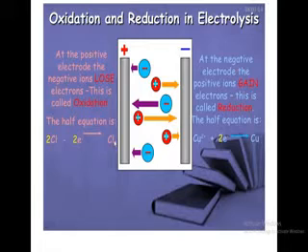And if you are writing the electron on the right hand side of the arrow as a product, then you will write it with the plus sign, like the addition sign, because you are showing the electron being formed as a product, along with the neutral atom, whatever the ion gets discharged to, that is the product and the production of electrons. Here in this equation, we have shown it on the left hand side. That's why we are using the minus sign here, this negative sign. So this is the half equation